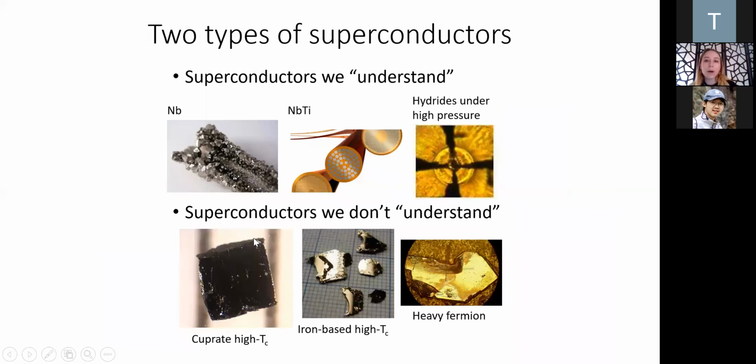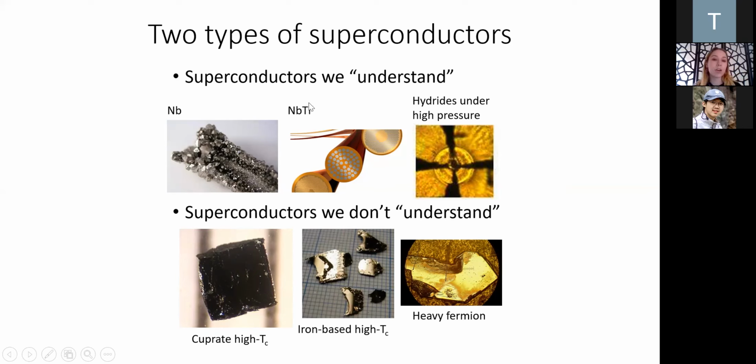Okay. So among superconductors, there are two categories, I would put them into. First of all, there are superconductors we understand. In this context, understand means that there's an established microscopic mechanism about why a certain material becomes superconducting, and that microscopic mechanism is agreed upon by the plurality of experiments and by the plurality of the research community. Among superconductors that we understand are many of the elements of the periodic table, such as niobium and aluminum. And these are the types of superconductors that are used in superconducting qubits.